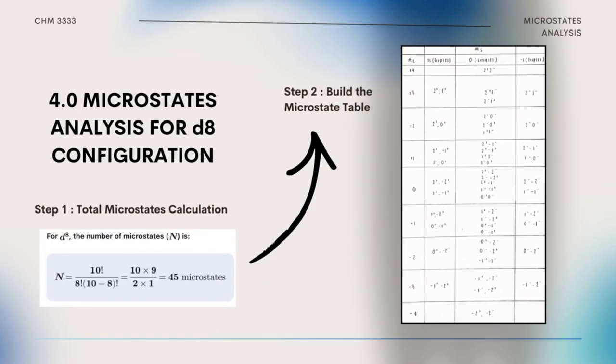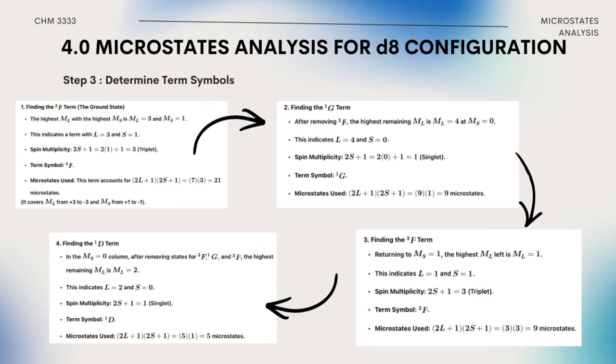To continue, we perform a microstate analysis for this d8 system. Using the combination formula, we calculate a total of 45 possible microstates. By organizing these microstates into a table based on their total orbital and spin angular momentum, we can derive the free ion term symbols. And if you look here, the terms generated for d8 are first 3F, second 3P, third